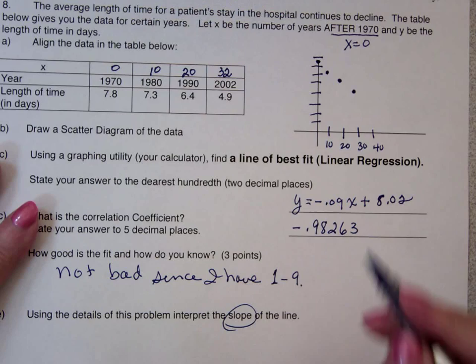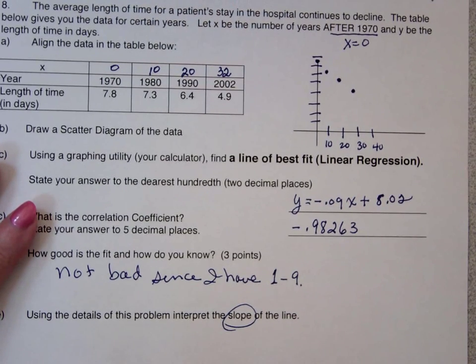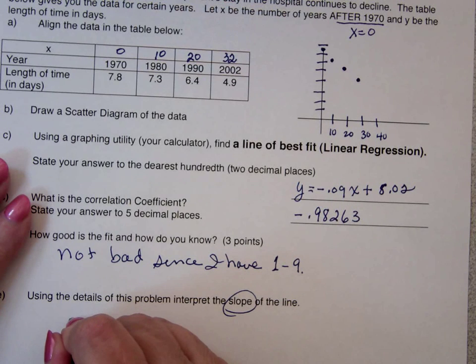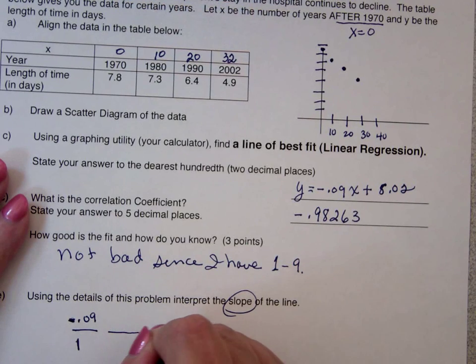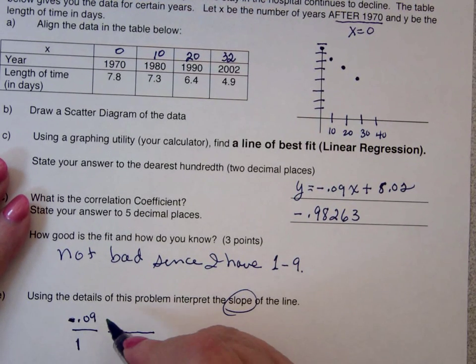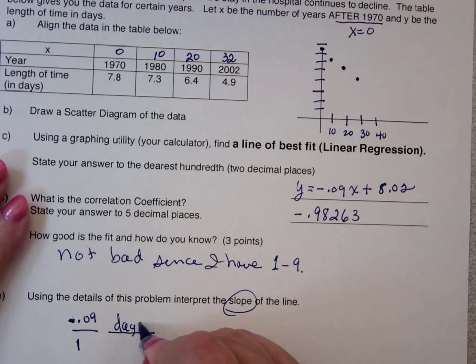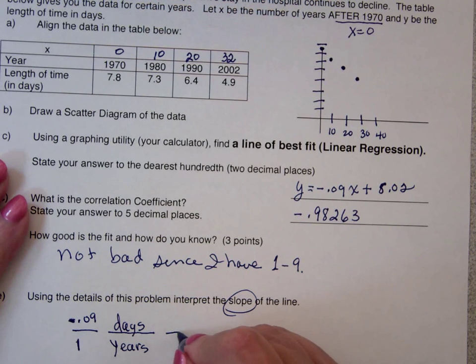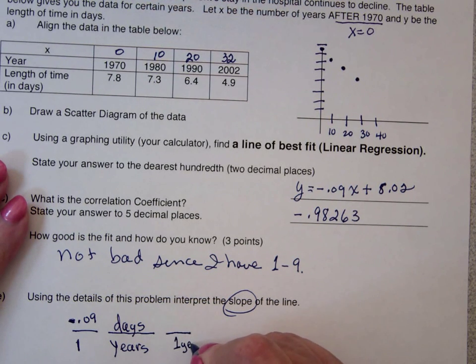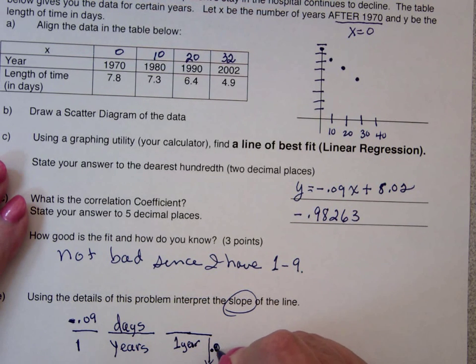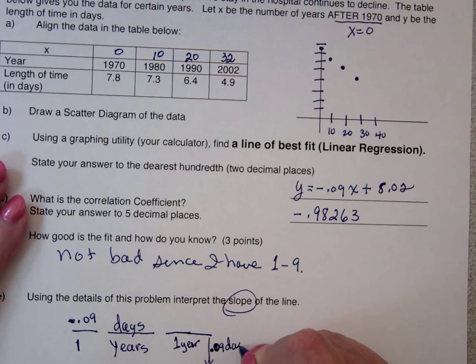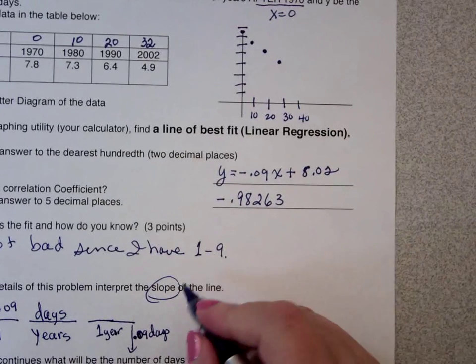Slope is the coefficient of x. The coefficient of x is negative 0.09 divided by 1. The units: y is in days, and x is in years. So we're going 1 year and down 0.09 days. So if I put that in words, for